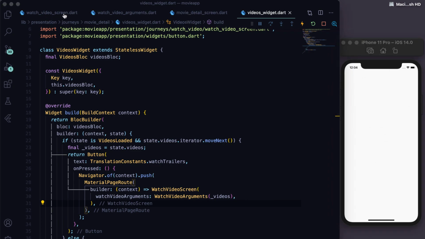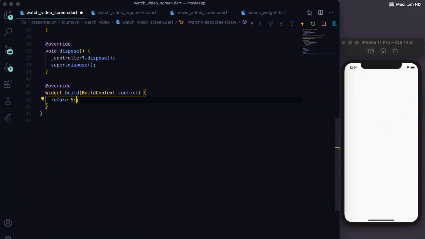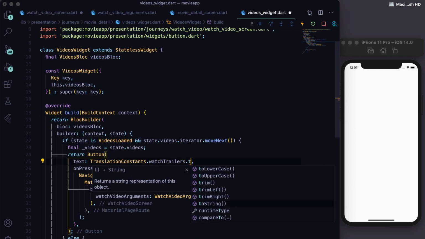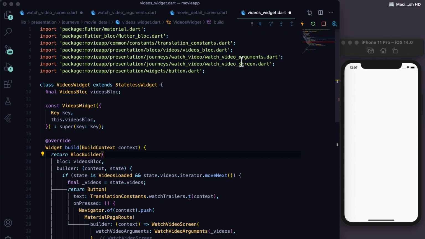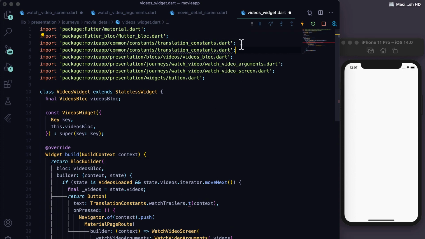You will see a white screen when you tap on the watch trailers button. So now we will use a scaffold instead of container in the build method of watch video screen. Use a scaffold and give the app bar property to it with the same text as that of the button.